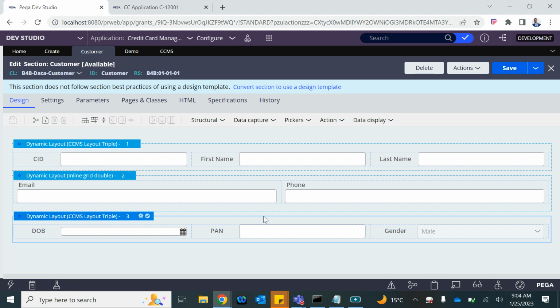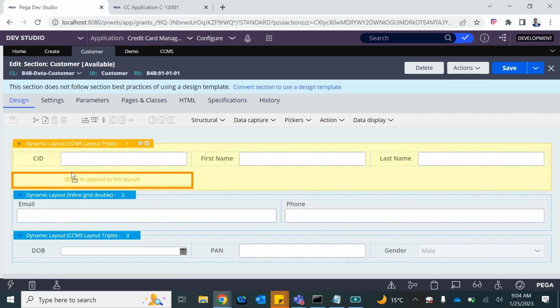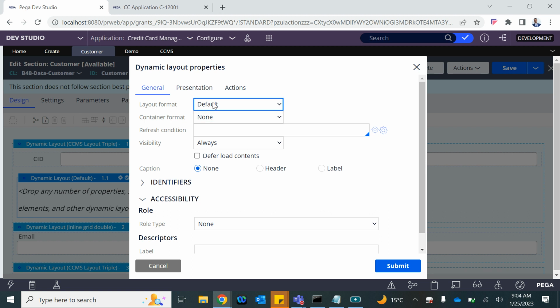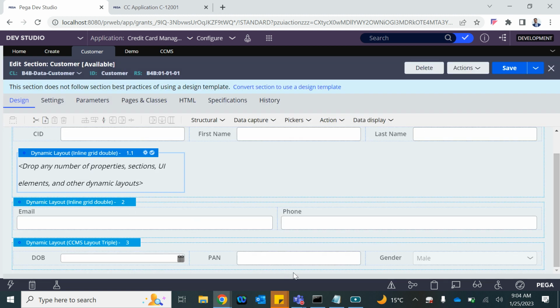Okay. You can have multiple layouts in one layout as well. All right. So you can drop a layout within the layout, right? So it's a triple, so there you can drop up to 3 layouts in the row, and that layout could be divided into, let's say, double. All right, so all the elements that you will put, for example, pan,